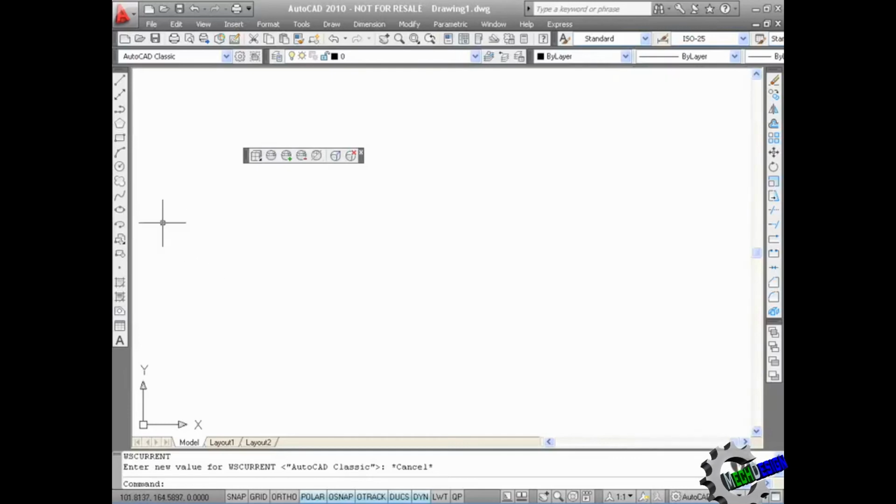And as you can see over here on the left, we have our draw toolbar. Over here on the right, we have our modify toolbar and our draw order toolbar. You'll notice here, we have a toolbar here as well that's floating. This is a floating toolbar, and this is your smooth meshing toolbar. I'm going to close that by clicking on the cross, and that disappears,